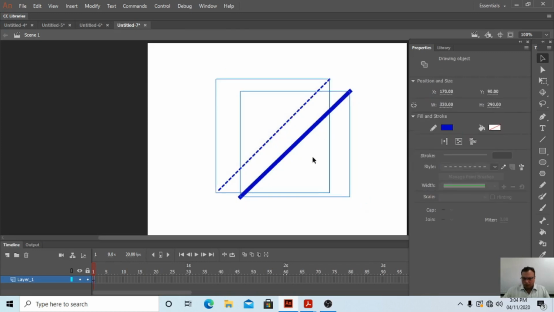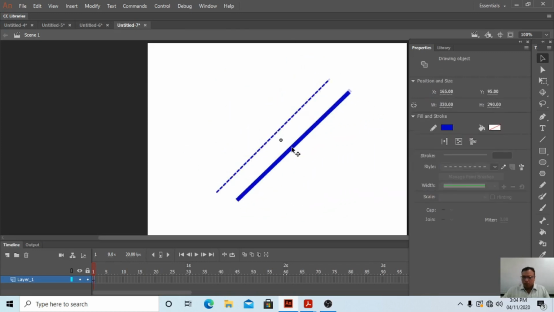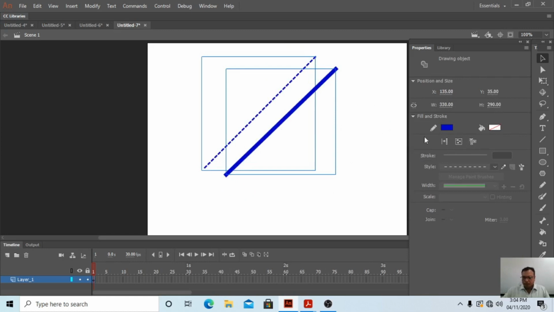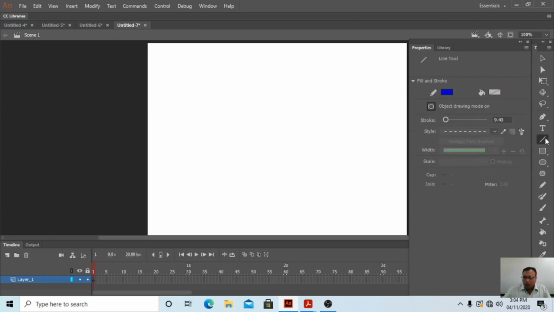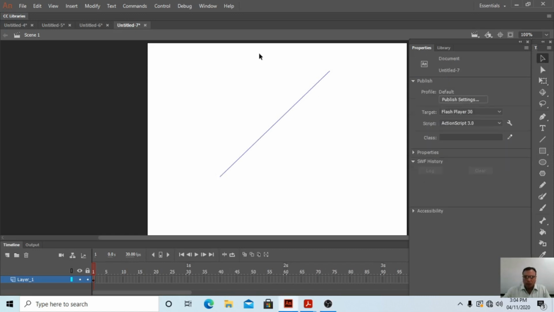Look, you can move like that. Okay, students. Again, I am removing this one. Whatever we have done, CV1 again. Line tool. Let's change this one to a straight line. Yes. Now by the selection tool.